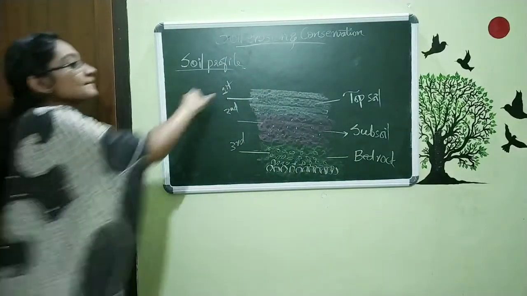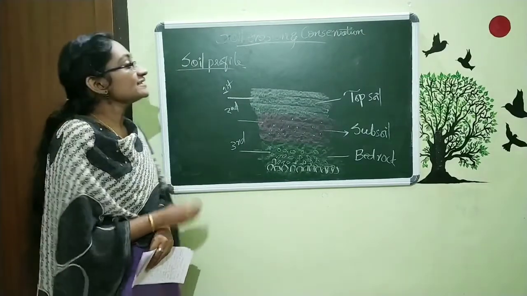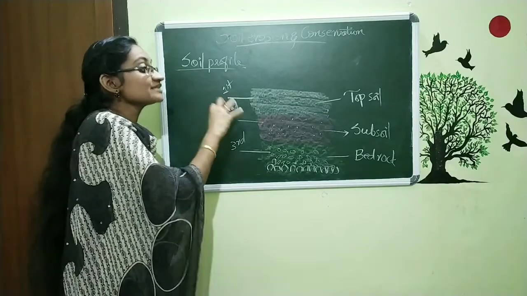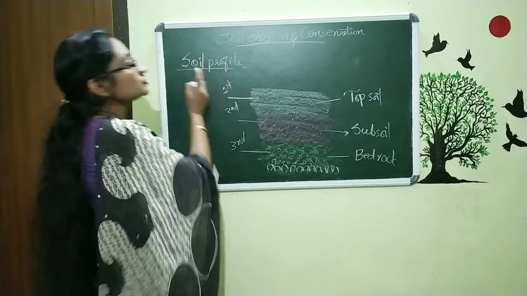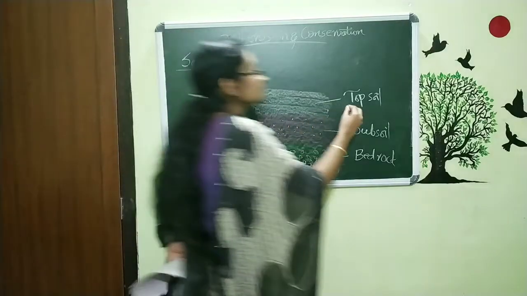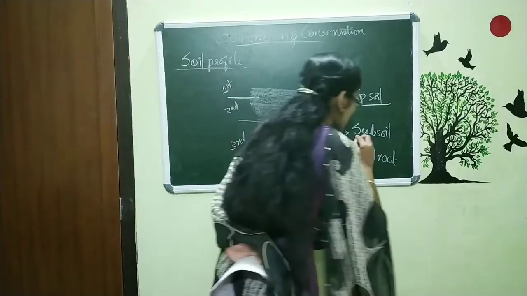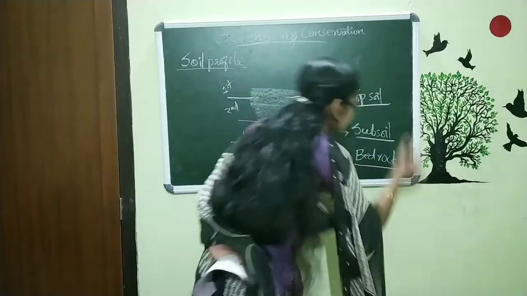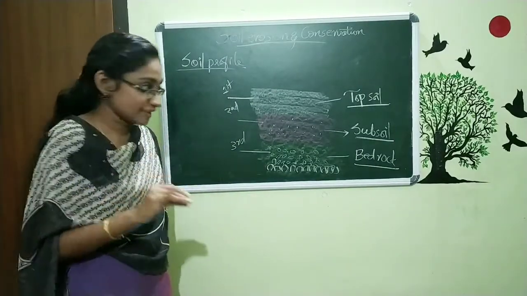So, combining these layers forms the soil profile. Soil is made of different layers. That is the first point. The second thing is that each layer's particle size is different, and all these layers combine to form the soil profile. The names of the layers are topsoil, the first layer, subsoil, the second layer, and bedrock, the third layer. Now we are going to study in detail about the topsoil,